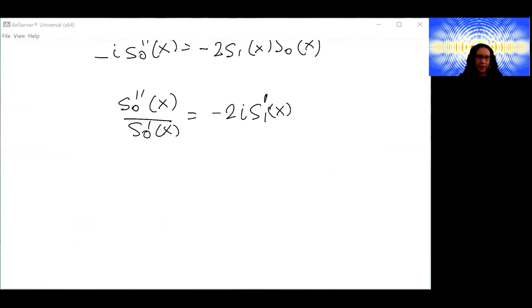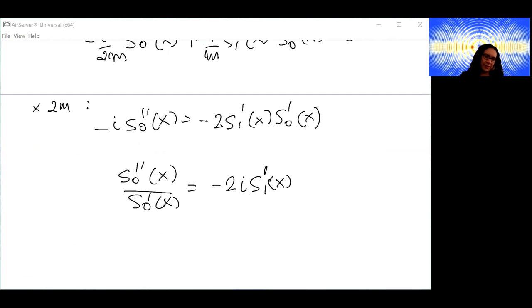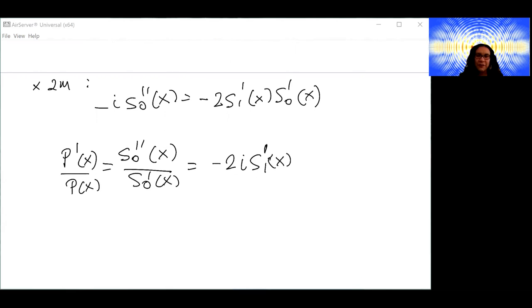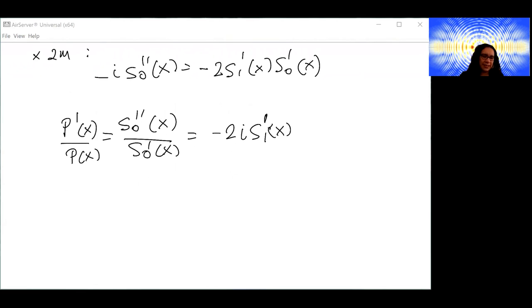Just to make it clear, because what we're going to do is replace this guy. We're going to say this is also p'(x) divided by p(x), which is very convenient for us. And if you look now at this expression, you can see that this is a natural logarithm. So we can say also that the natural logarithm of, if you integrate,